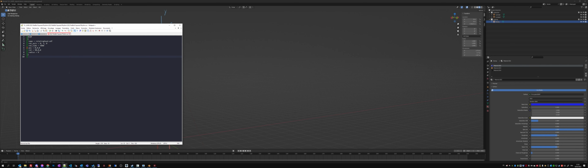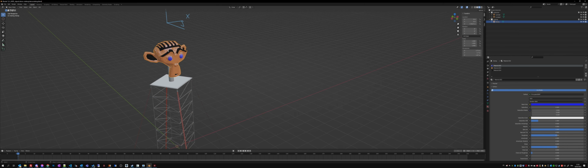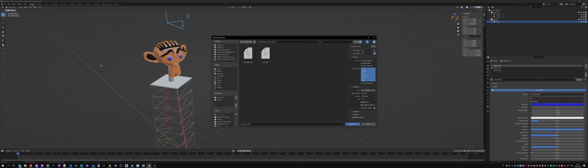Now rotation. This is a bit complicated because when you export your object, if I do File, Export, it says Y up.